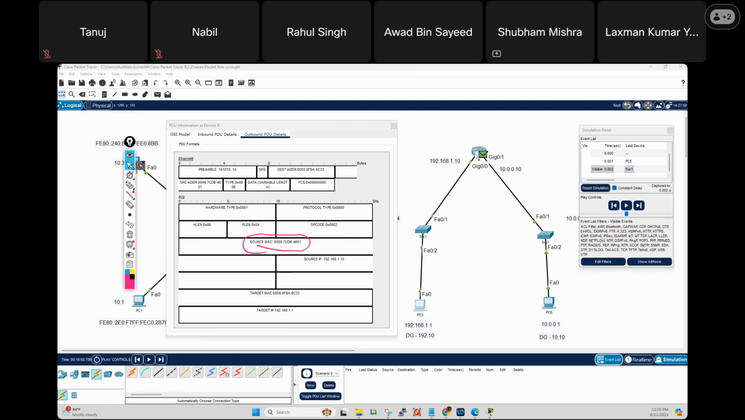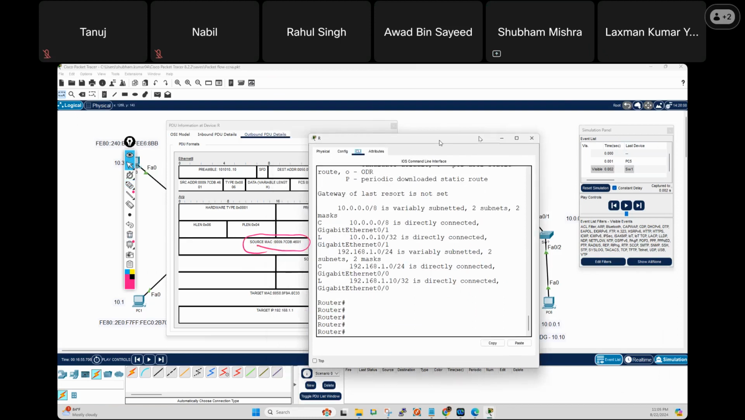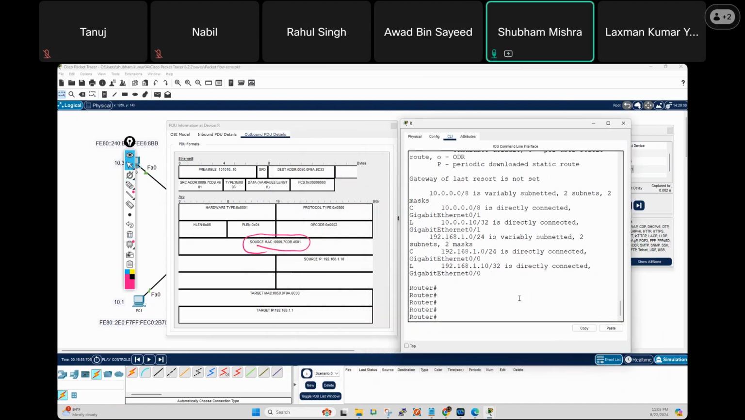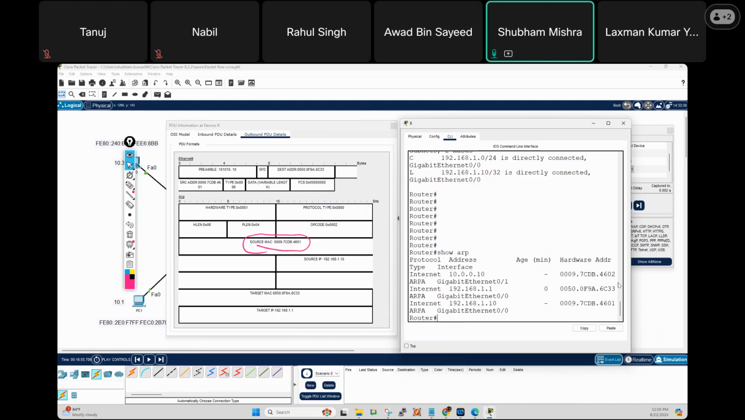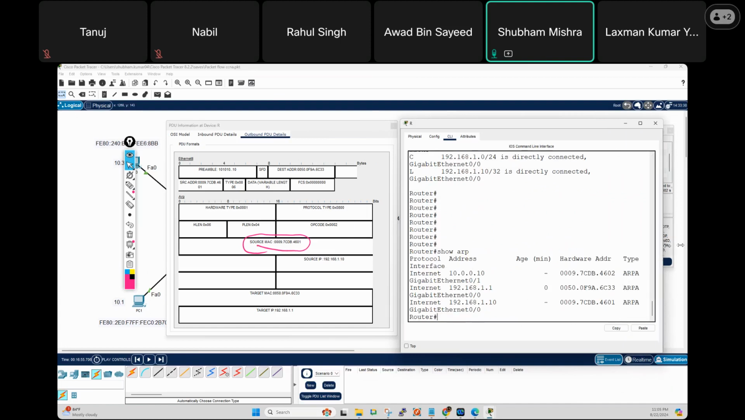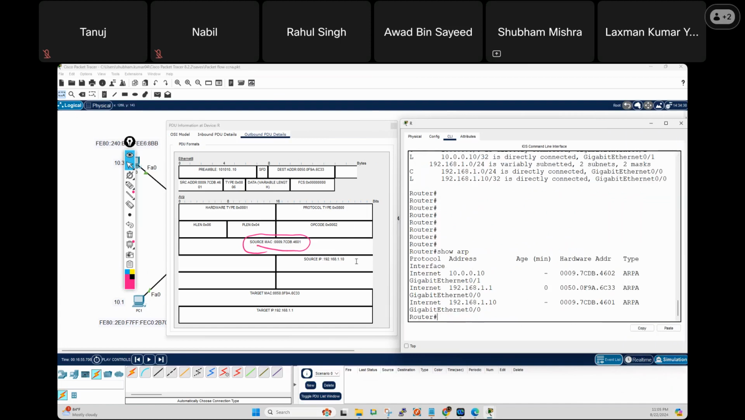What is 4601? 4601 is the MAC address of what? Who can tell me? Come on, the router. I am writing the command, ARP. I hope it is visible to all of you. Are you able to see 4601 here? Yes. And this is the MAC address of